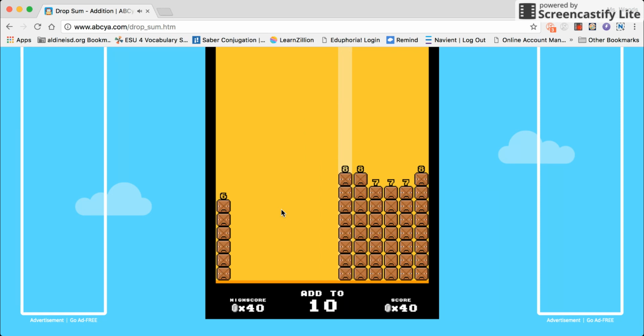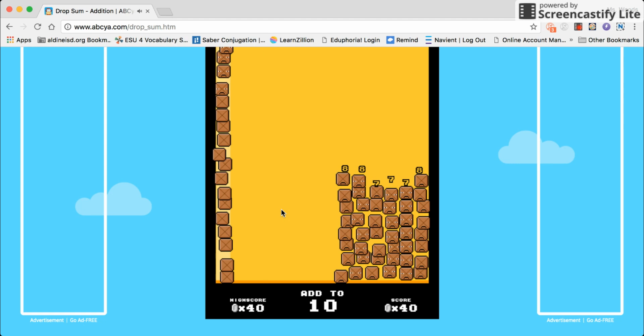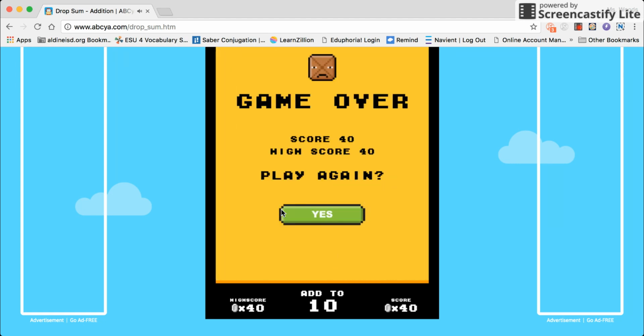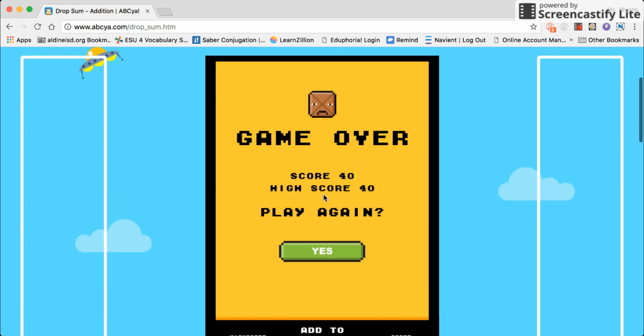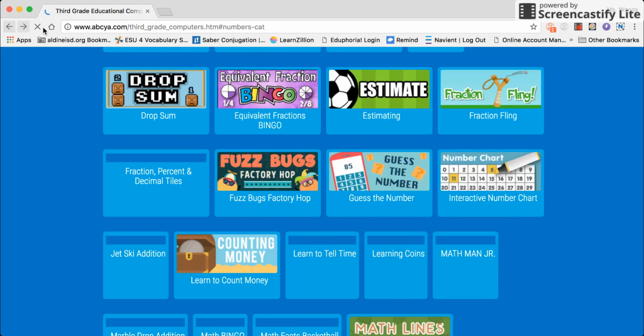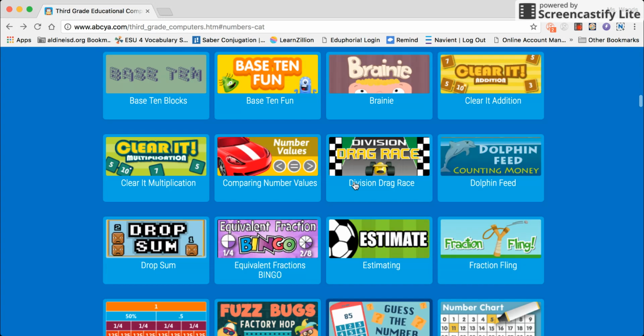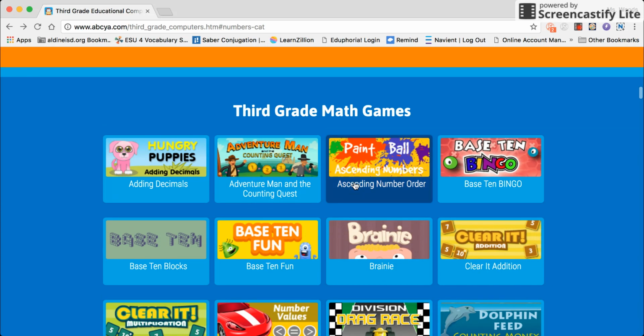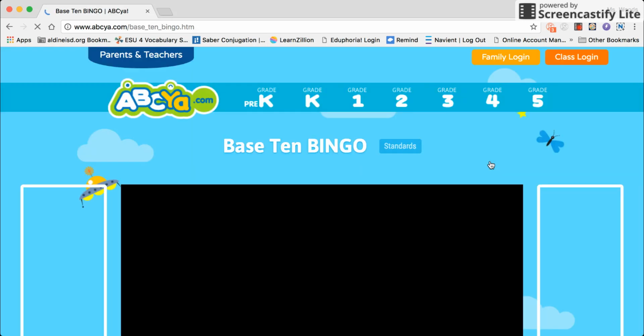And if you stack 1 on top and it doesn't make 10, it goes over 10, it forms a solid wall. And I'll show you that now. So let's see. That's a solid wall. Now I've just lost the game. So that is Drop Sum. It's a very good game, and then they can always play it again. Let's go to another game or activity. I call them games, but another activity,